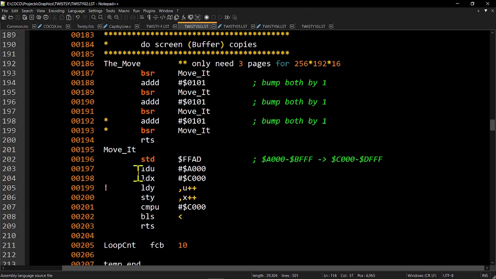All we're doing is just a loop here. Load up U with A, X with C00, and just loop and move them 8,000 bytes. It's hex 2,000. We're going to move them real quick, done, and return. Come back right here and it says add D